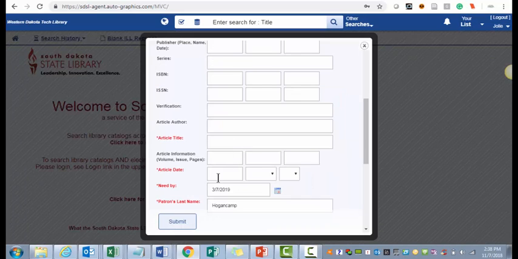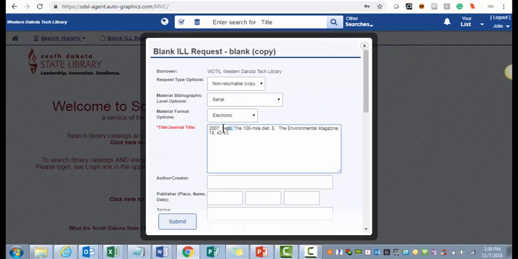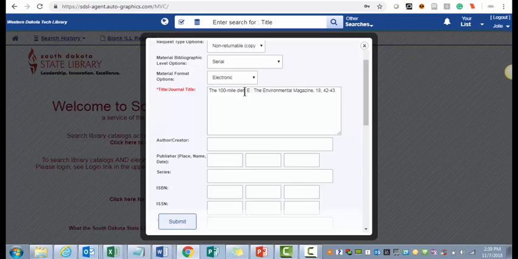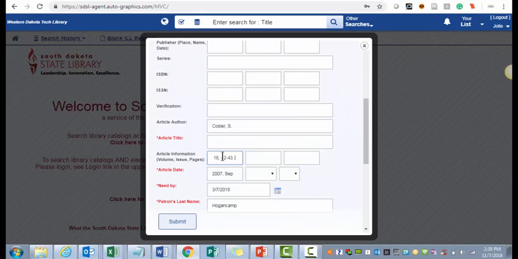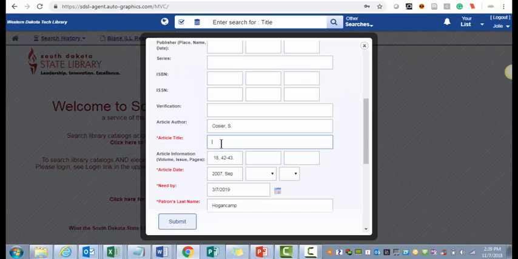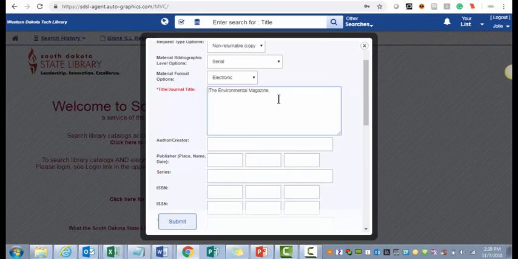and paste it into the author field. And then this is the date, so you take that out of there and paste it into the article date. This is the title of the article. This is the name of the journal. Then take out this other part and paste it here under volume, issue, and pages. You do want to take out the name of the article here and paste it there. So you have the title,